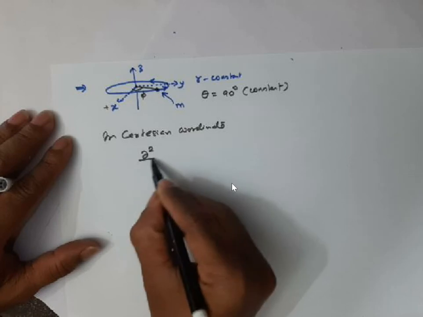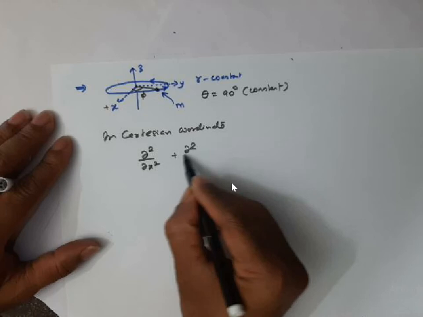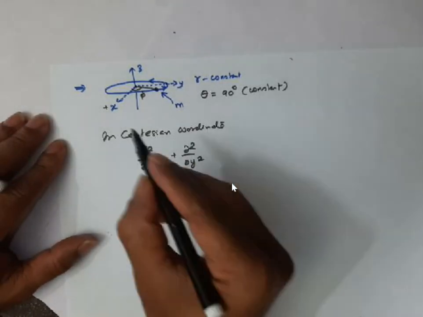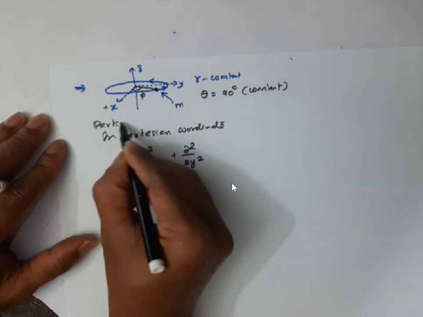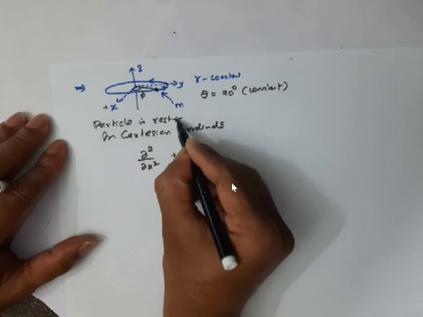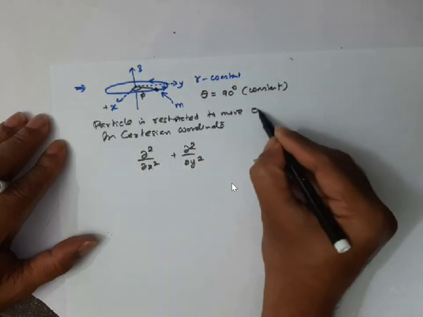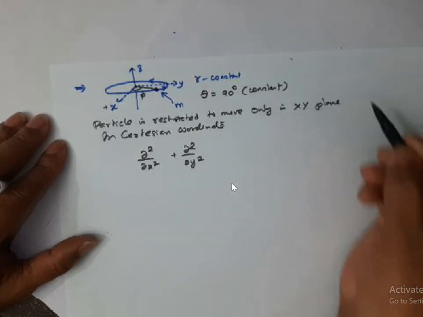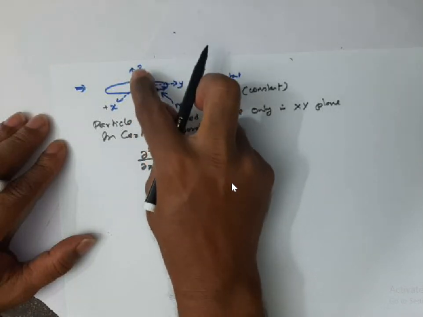So you'll have this ∂²/∂x² term and ∂²/∂y² term if the particle is moving in the xy plane. Okay, the particle is restricted to move only in the xy plane. And the axis of rotation, here the axis of rotation is the z axis, right, the axis